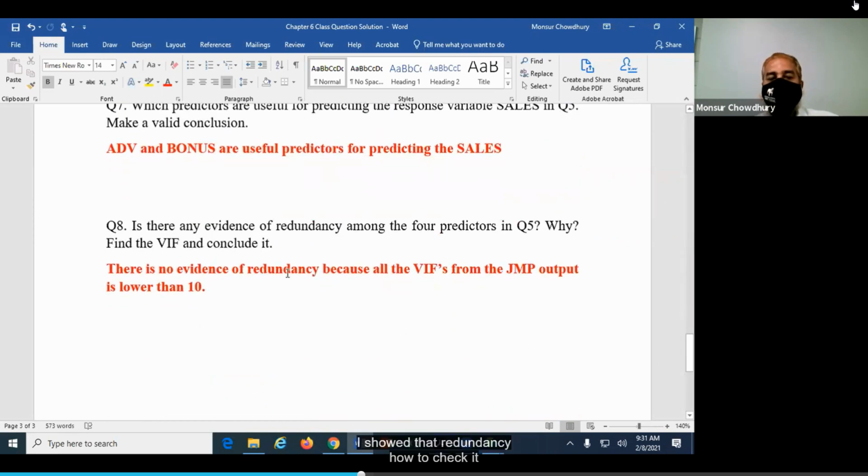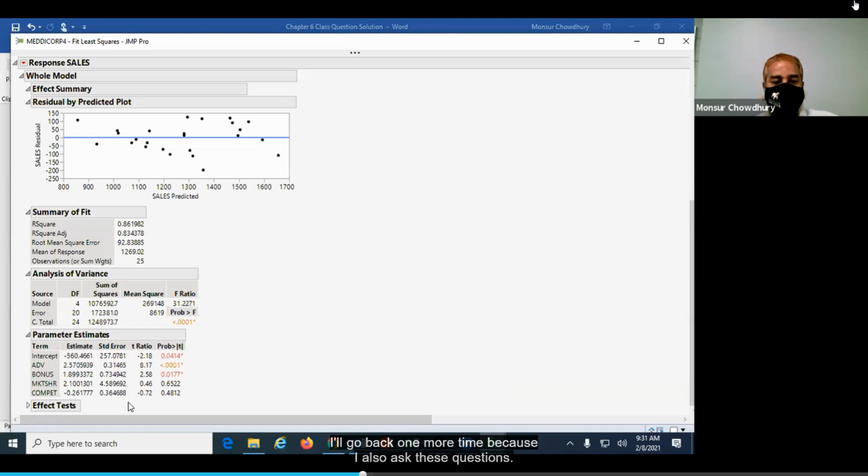And I showed redundancy and how to check it, because you have to go to the fitting models here. I will go back one more time because I also asked these questions. This is our overall model that we fit.